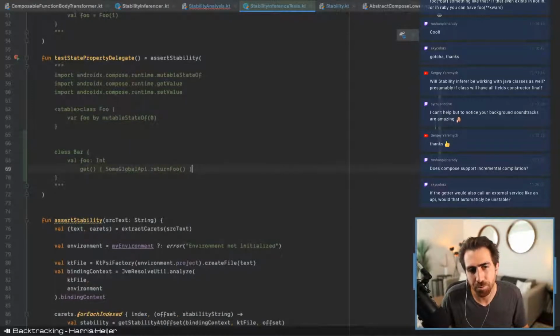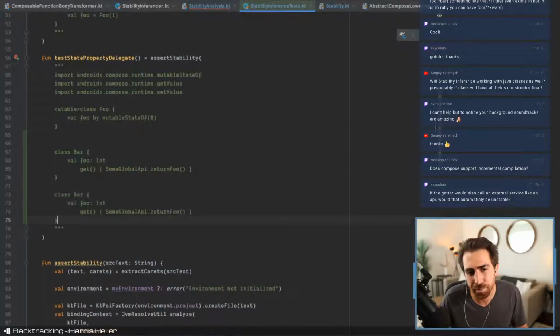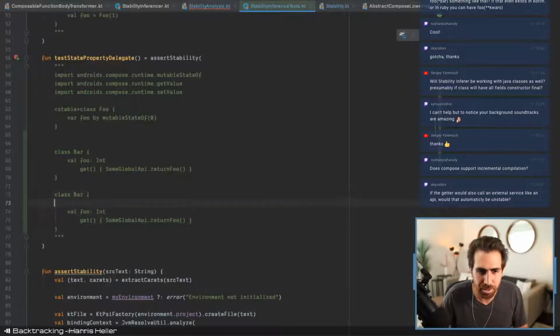I think what we're probably going to do is say that bar in this case is still stable, even though some global API is clearly not, like this would kind of defeat our optimizations, or it might produce behavior that is weird. But here's the thing, if you did something like this,